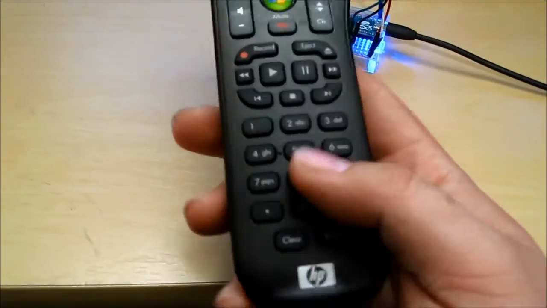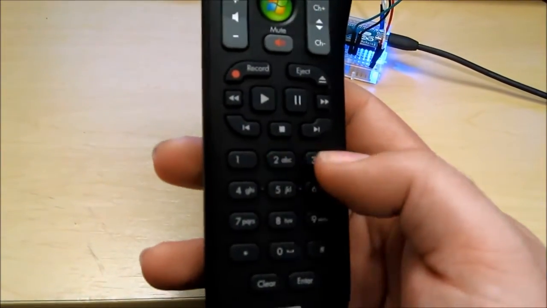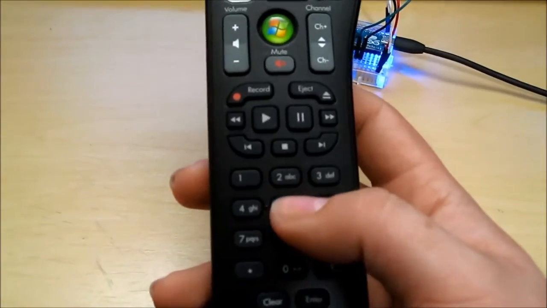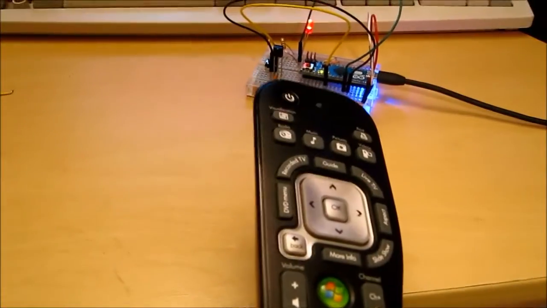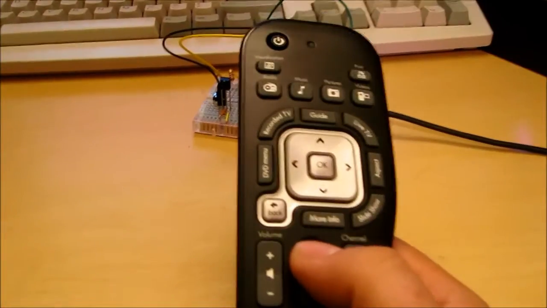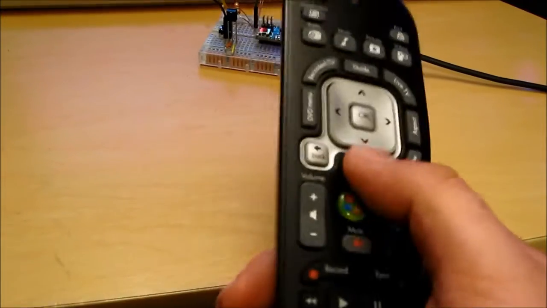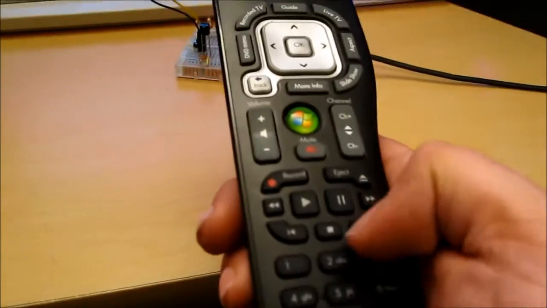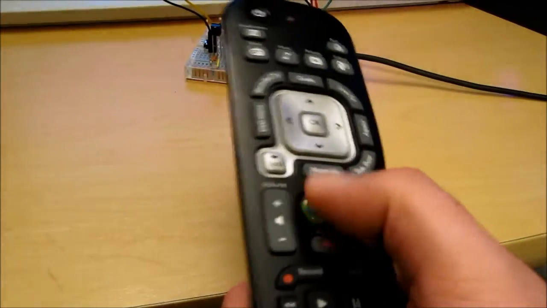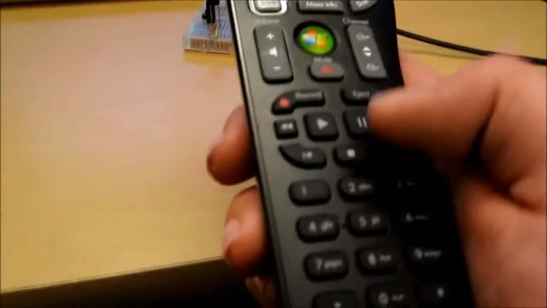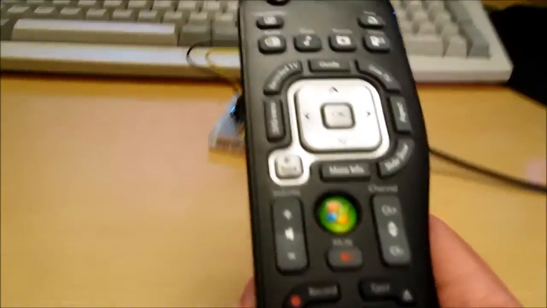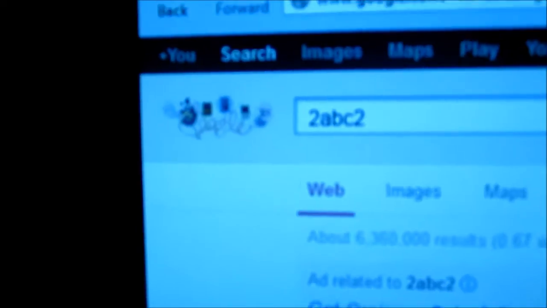Okay, this is going to be the character example. First, we've got a blank search bar right there. We're going to do 2. We'll do the function. This should print out an A. Function. B. Function. C. And then if you hit function one more time, it's just going to cycle right back to the beginning. And as you can see right here,